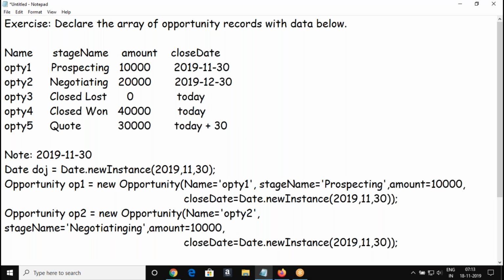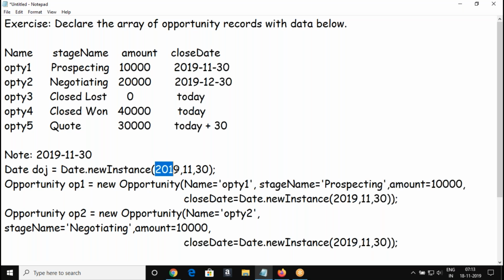Sir, newInstance, what will it do, sir? Actually, newInstance is a static method that belongs to this class. Every primitive type is a class, an inbuilt class, right? So we also saw the string class, converting an integer to a number, number to an integer, right? I showed one instance. So date is a primitive type class. This is a static method of the class.